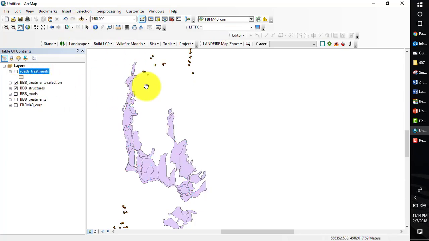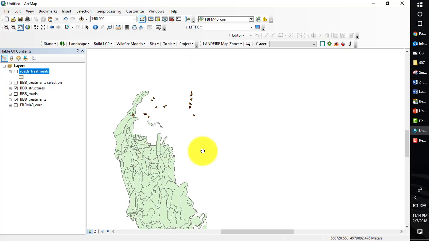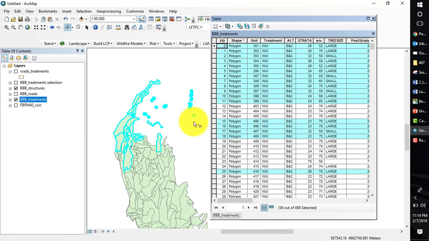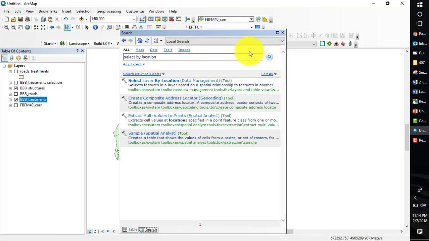So now we're going to be selecting polygons that are close to these structures. So I'll turn on my BBB treatments. We only have enough time and money to treat the areas that are next to one of these communities for this year, so we're going to select by location. I'm just going to highlight a box here, and that's going to select all of the points in that northern community. I don't need my polygon selected. I'm just going to clear that selection for now, and then go to